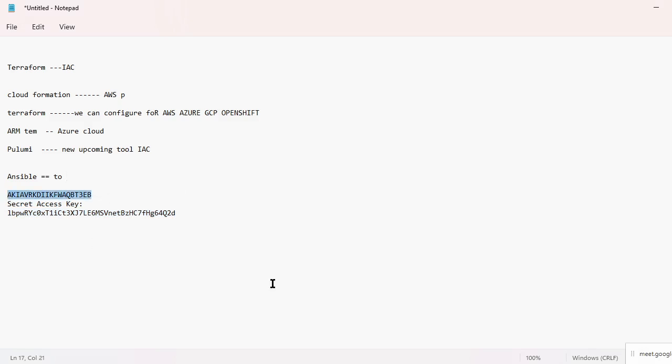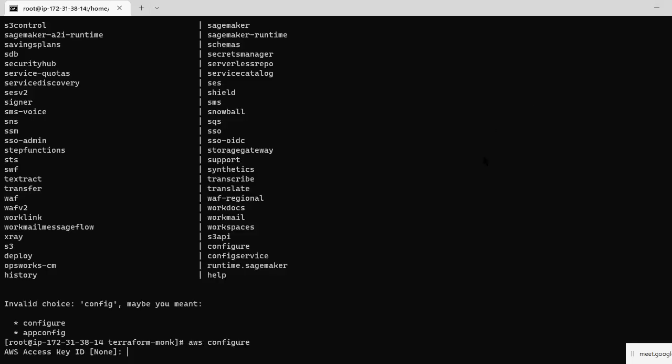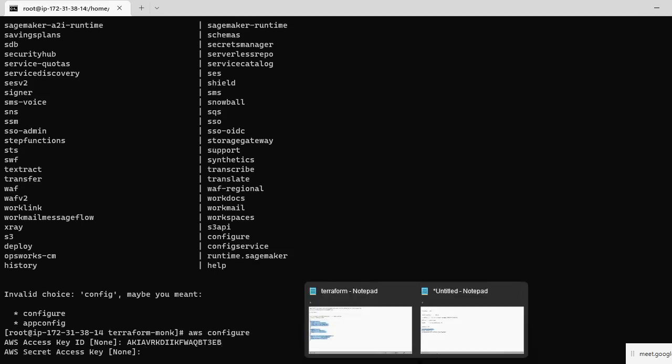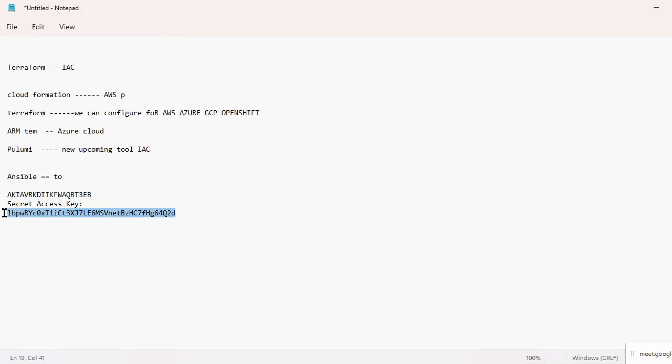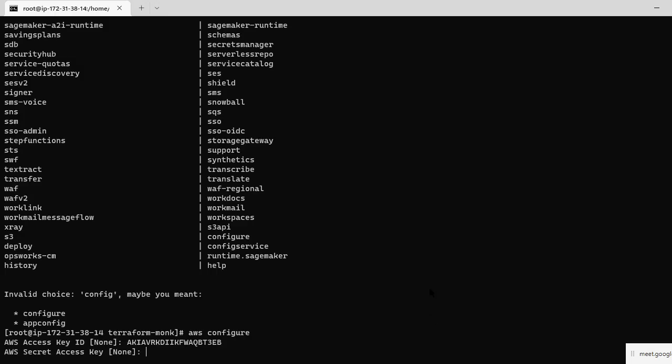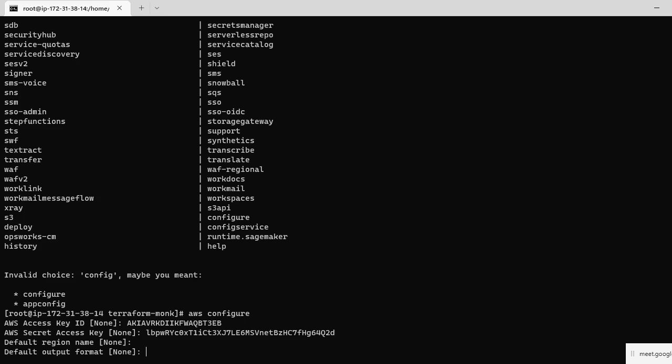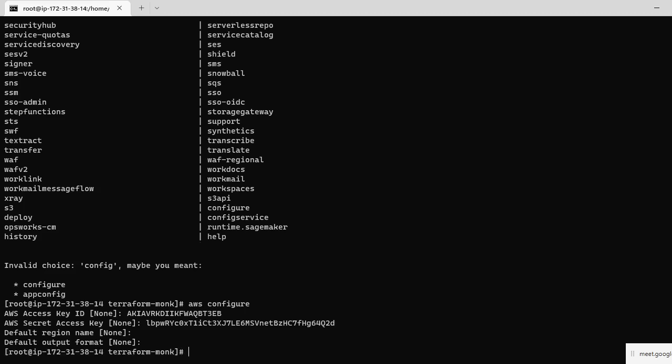This key I can give here. Secret key. Default you can go with enter. Default output format is enter.